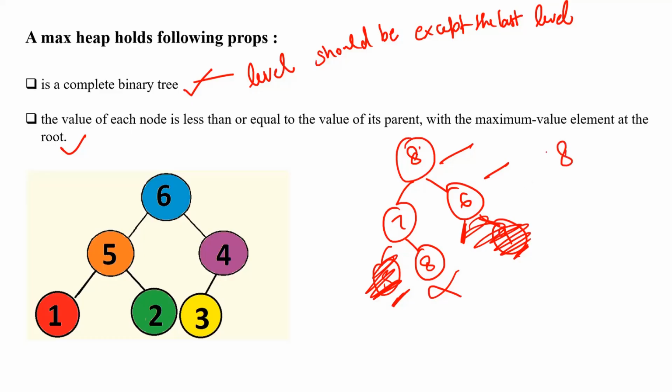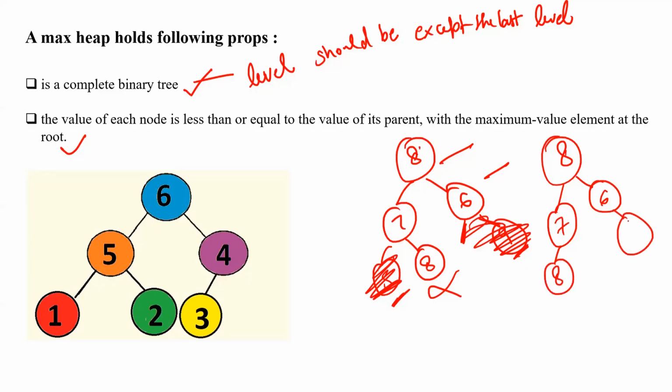Let's take one more example, because what I want is that first your concept should be clear, right? Code we can discuss later onwards, but if concepts are not clear, then it's not going to work for you. If we are having something like this, 8 and 18, okay, 19, is this a complete binary tree? No, this child is missing. You haven't filled the left part properly, and even though you are jumping to the right part, that's not a complete binary tree. So by these many examples, you must have understood what a complete binary tree actually is.